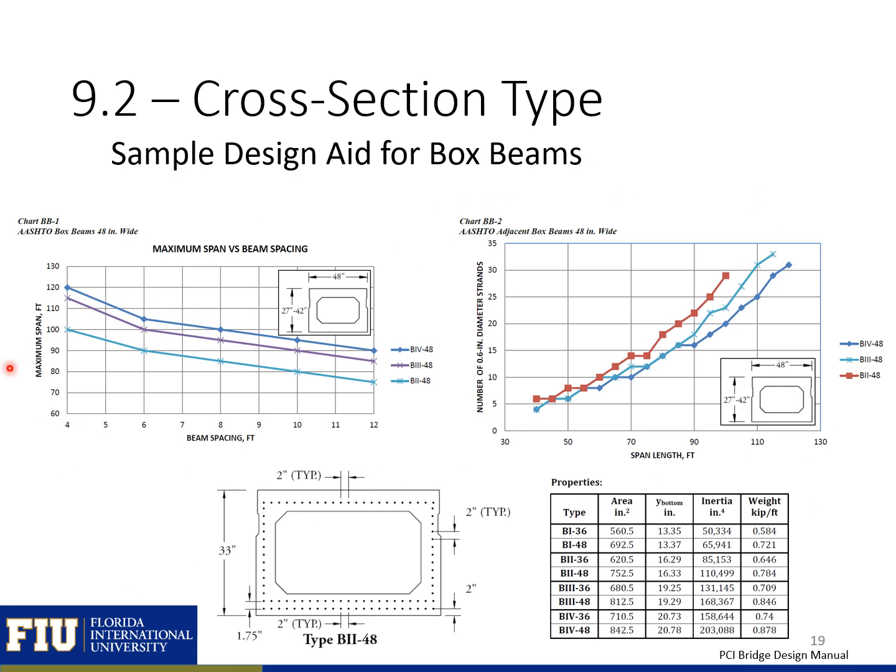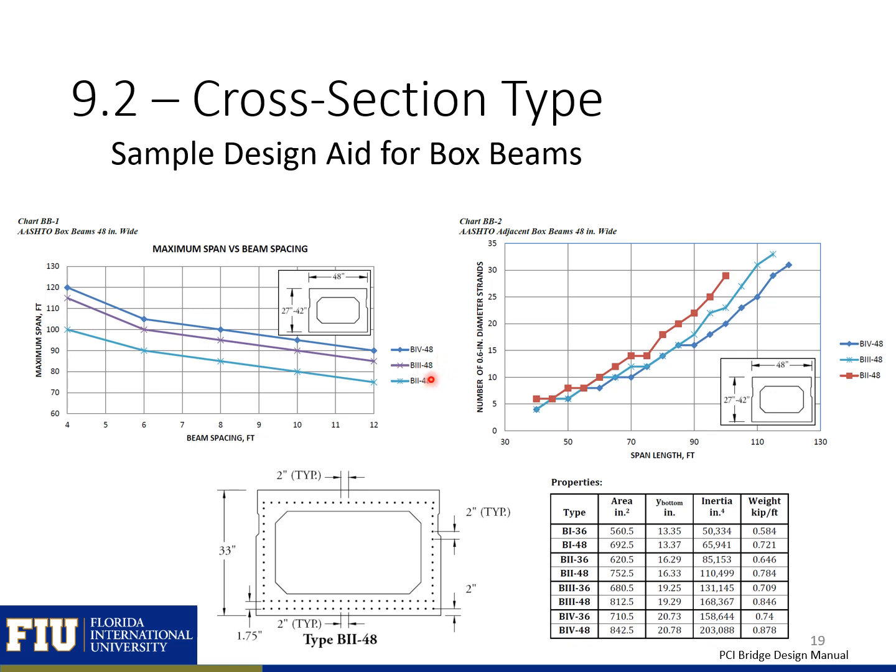Shown here is a sample design aid for box beams. You can use the first design aid here to figure out what cross section you might need. Based on your span length and your beam spacing, you can figure out what cross section you would want. So if you have spread box beams or adjacent box beams, you can figure out what cross section to start